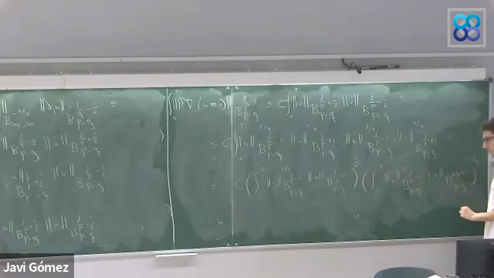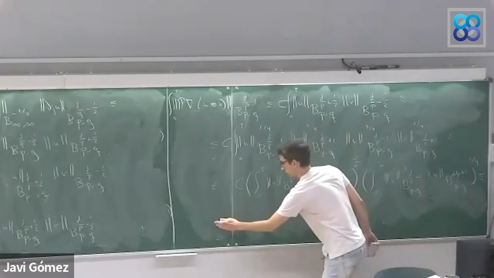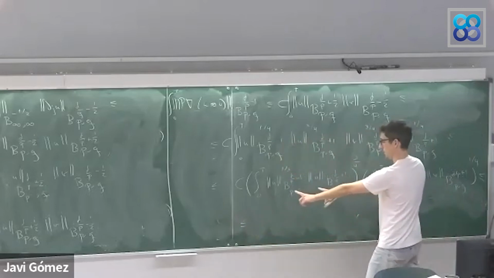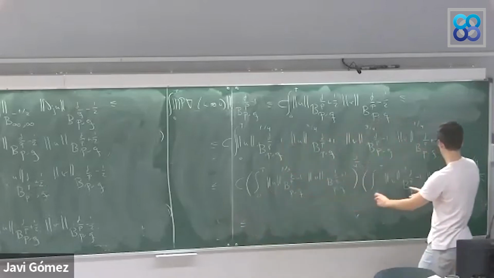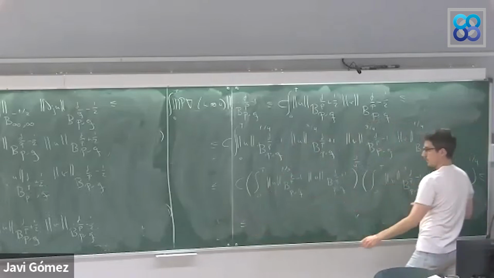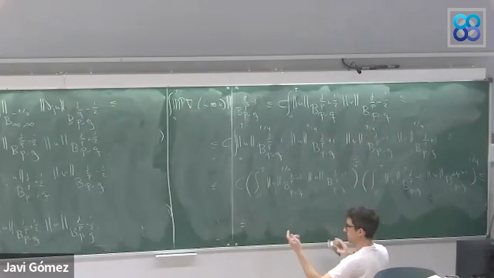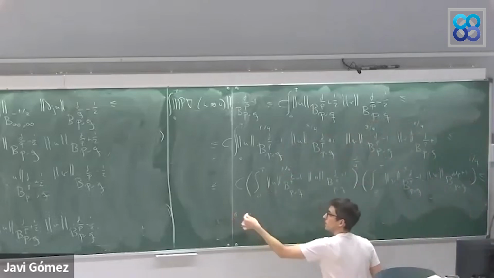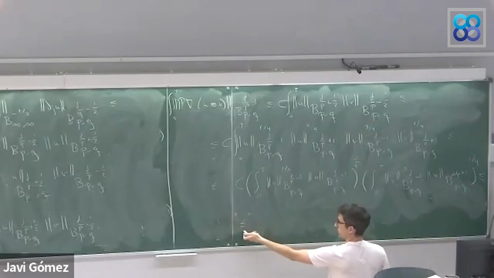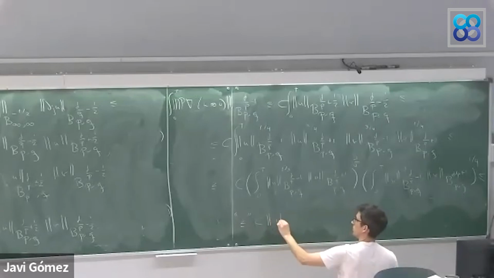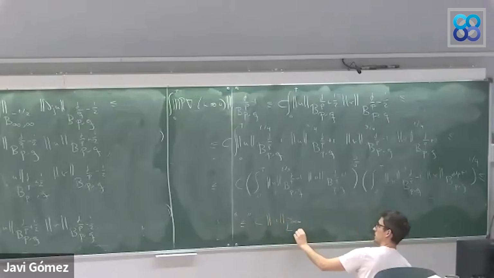One-fourth. And we want to go back to our X spaces. So this is in L infinity and this is in L infinity. And here I go back to our tilde spaces. Okay, this is false, but if we do everything, we should obtain U in L tilde infinity time